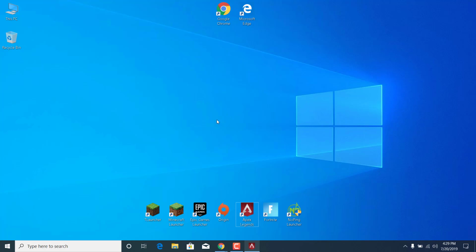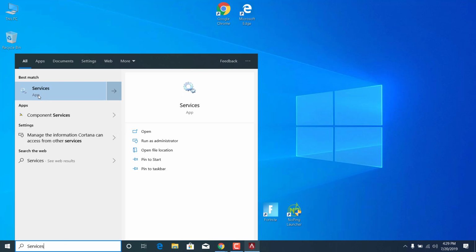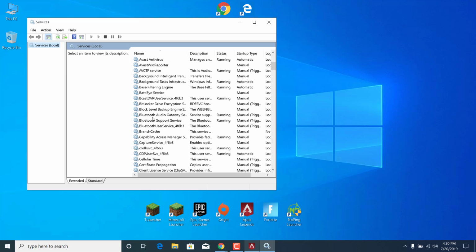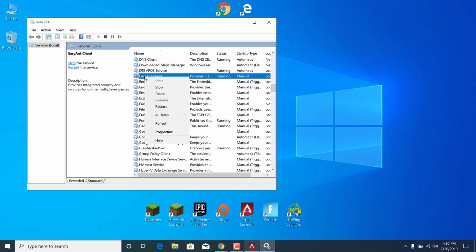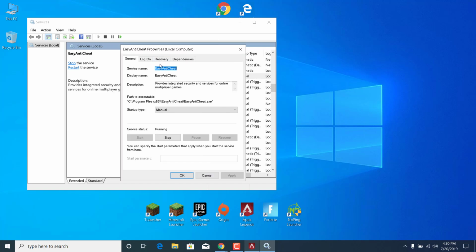The third step is to click on the search bar. Type services. And open services app. Okay, once you open it, what you want to do is find easy anti-cheat once again. There it is. Right click on it, go to the properties, go to the recovery tab,